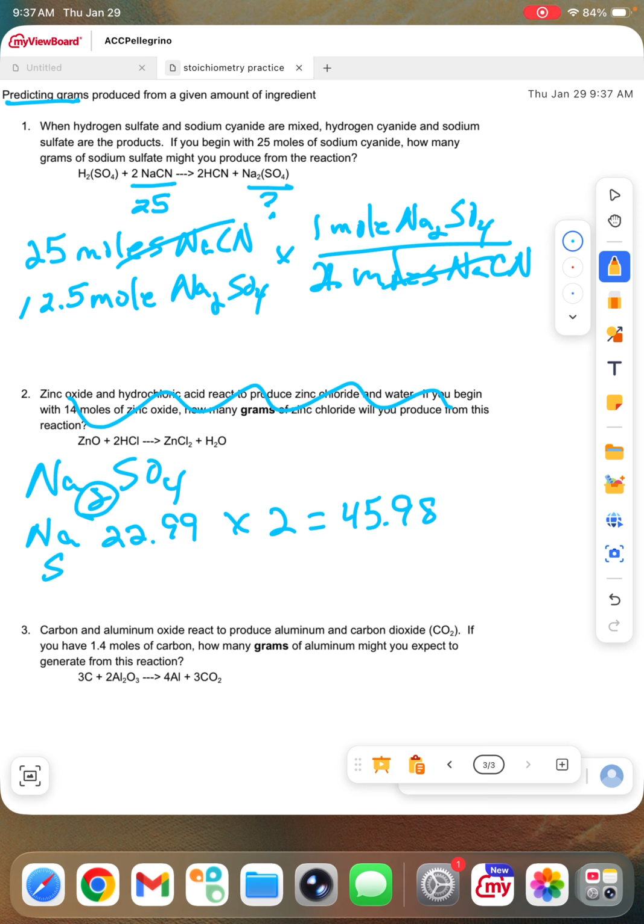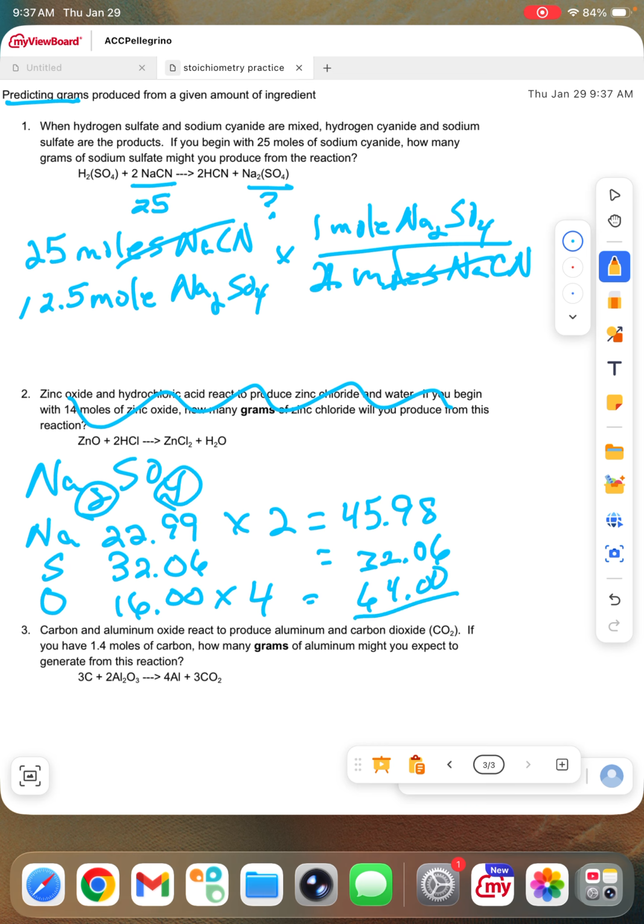Molar mass of sulfur, and you're getting this off your periodic table, is 32.06. These are grams per mole, but I'm not going to write that all out right now. 32.06. And then oxygen is 16. There are 4 of them, so we're going to multiply it by 4. So that will give us 64. And then if we add that all together, we would have 142.04 grams in each 1 mole